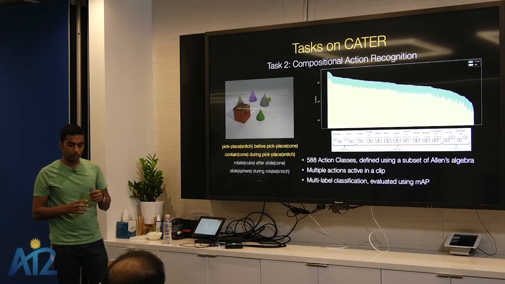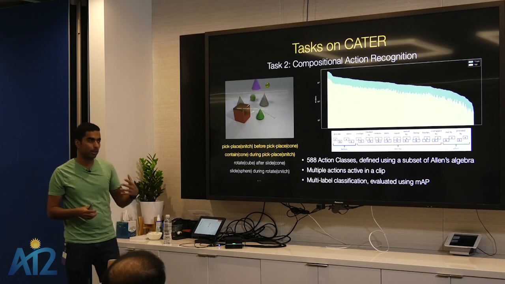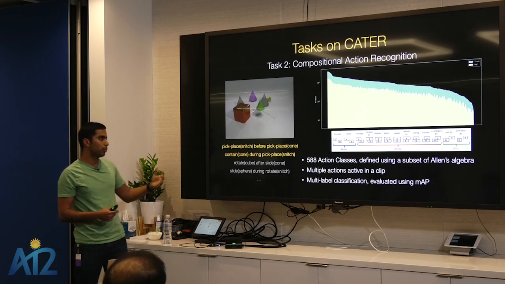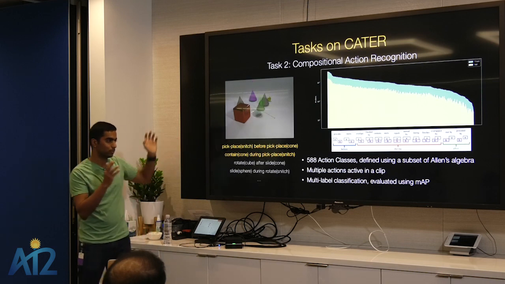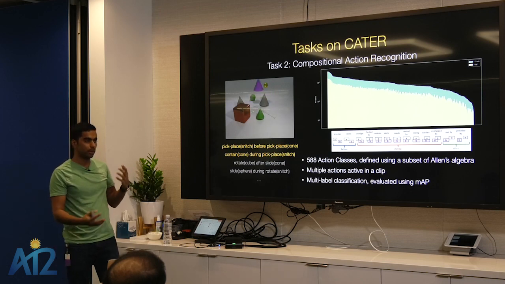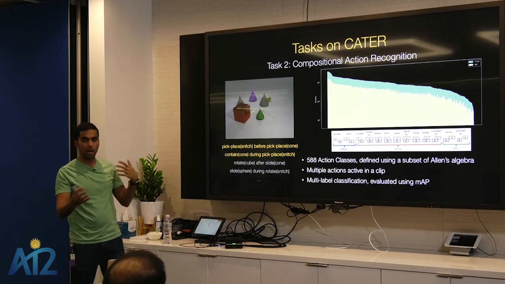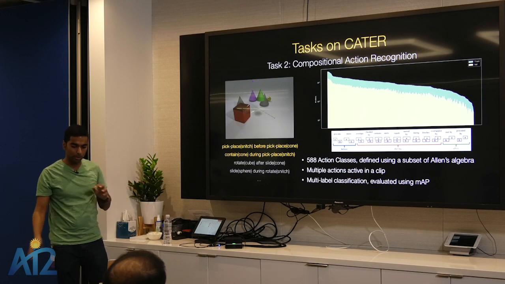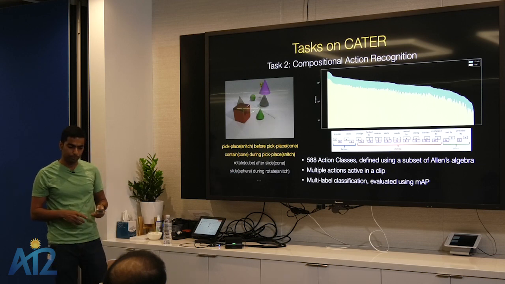The second task, which actually requires a little bit of temporal reasoning, is compositional action recognition. Here you need to predict all the compositions of actions that are happening in the scene. You have to predict that, for example, pick and place of snitch happened before pick and place of cone. That golden thing is what we call a snitch. So you have to reason about the temporal ordering of actions, like things that happen before something, after something, or during something. Of course, before and after can be arbitrarily before and after. For example, something could have happened in the beginning and something else could have happened in the end, and you still need to be able to predict that that actually happened in this video.